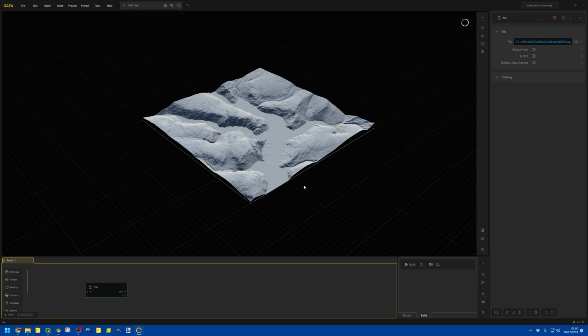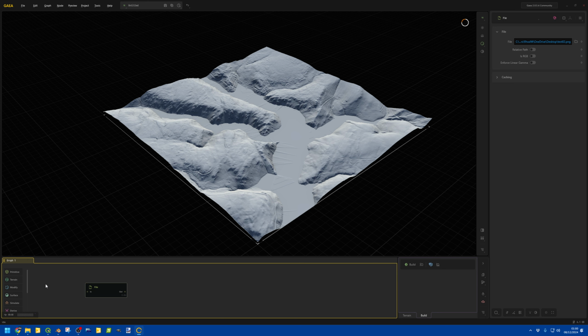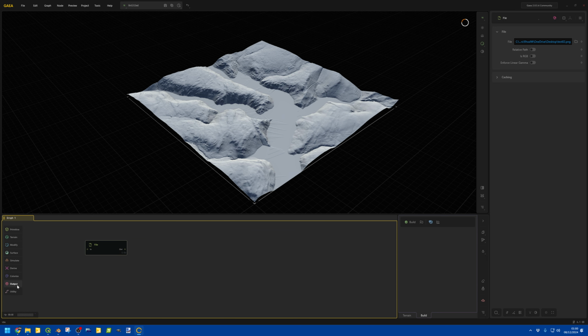This is completely random, by the way. I haven't done any planning with this. Randomly chose it and went from there. So, how do we now turn this into a mesh? If we just bring this up, we can go to our output, assets, measure. From there we can put the output on file,